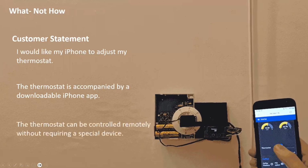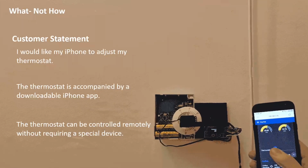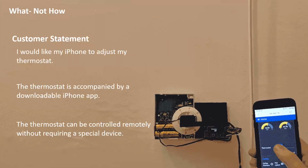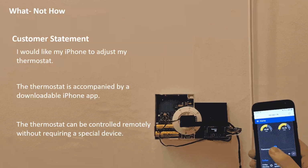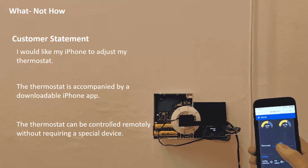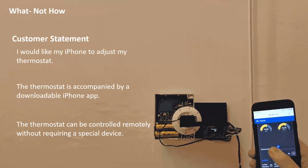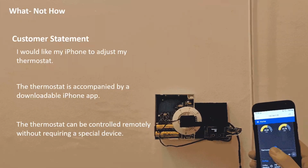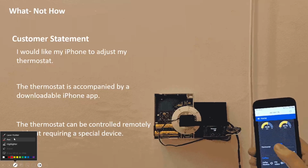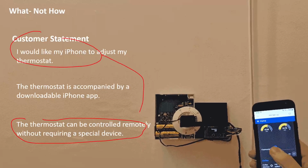But we should make it much more general. We can write it as: the thermostat can be controlled remotely without requiring a special device. So in this statement we are focusing on the actual need. Basically, we want to control the thermostat remotely. By translating the customer's statement into this statement,